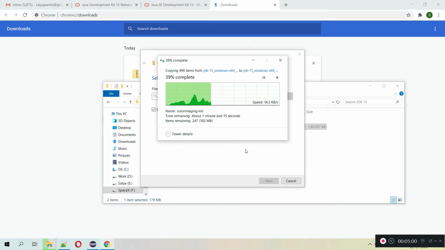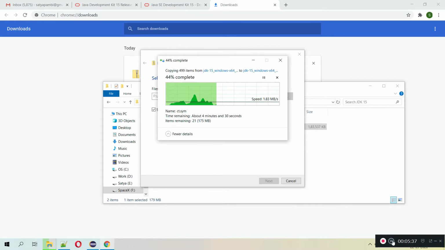The other thing is JDK 15 is a new release, and the setup for JDK 15 is a little bit different in Eclipse IDE, as it's a very new release. So we will see how we can set up the Java compiler and Java runtime environment in your Eclipse workspace.